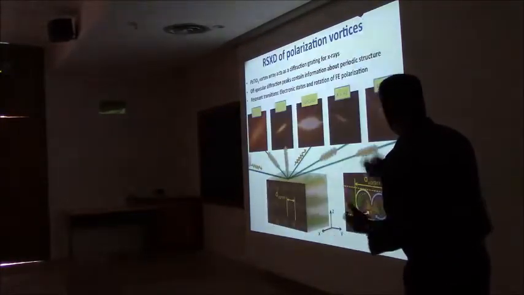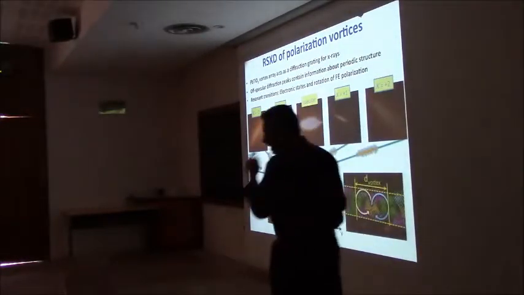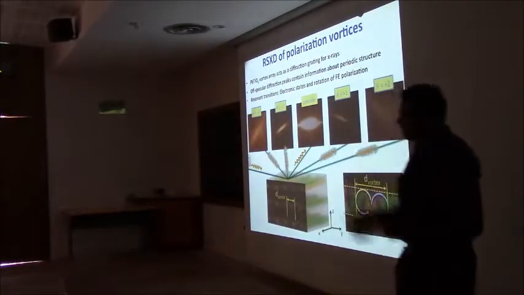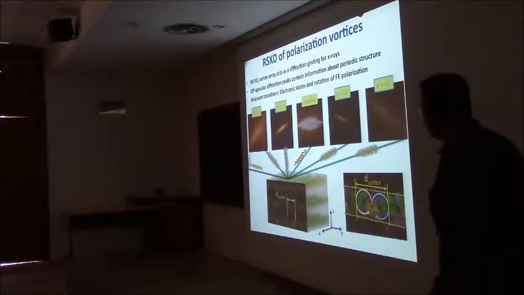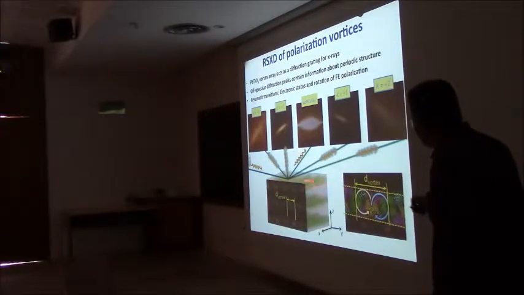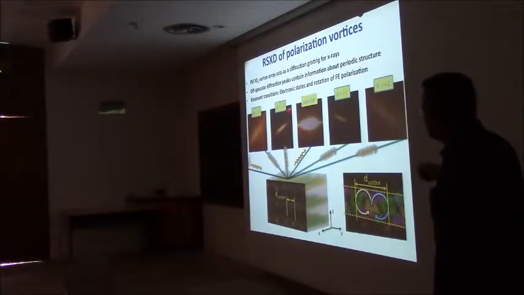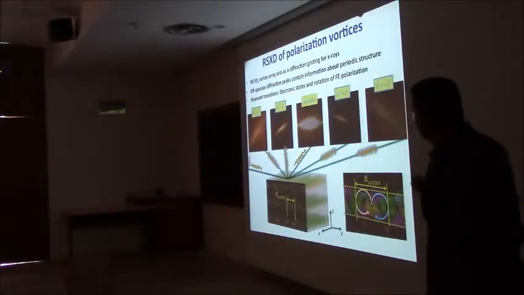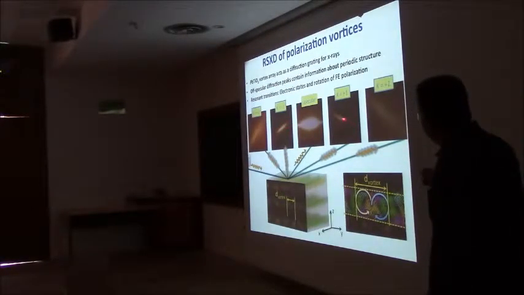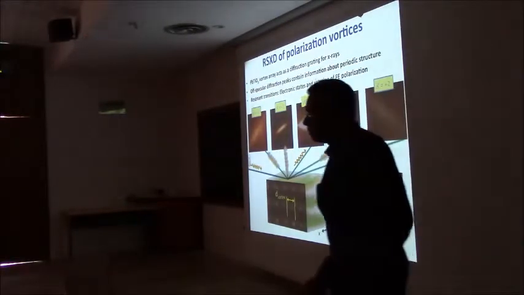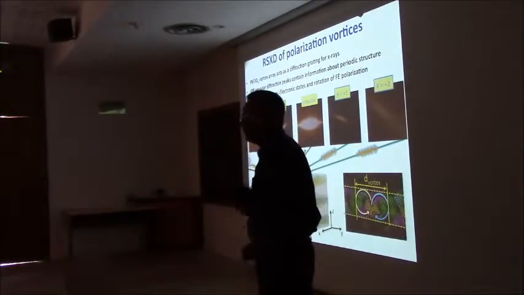Okay. So the experiments that we've been doing for the last 18 months, still not published because we're slowly sorting through everything, is to look at, this is the sample, that's the top of the sample, the vortices are going in and out of the plane of the board, and they're coming into the X-rays. And we see very clear diffraction from the vortices. This is the first order, and the second order is kind of faint here, and you can see it very clearly here. So what we're going to do now is to sit here or here, and do absorption spectroscopy with left and right circularly polarized light.